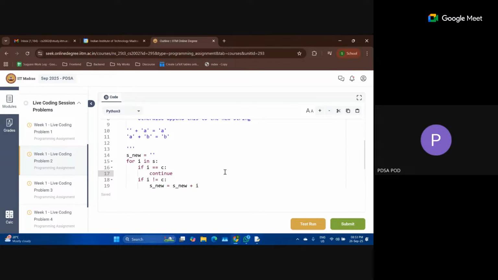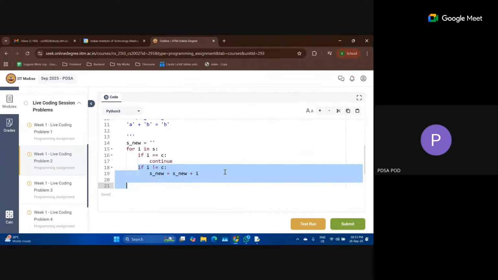What continue does is it ignores the remaining part of the loop. Wherever you write continue, whatever is written below it will be skipped for that particular iteration. So all of this will not be executed.